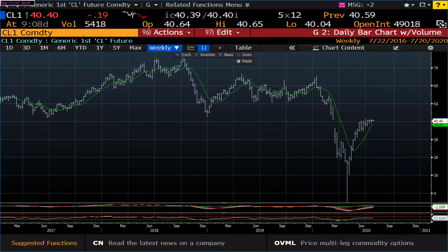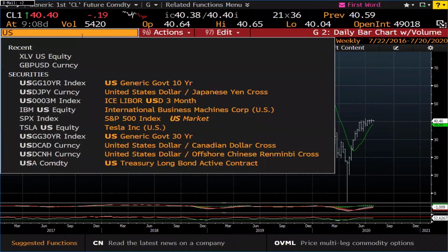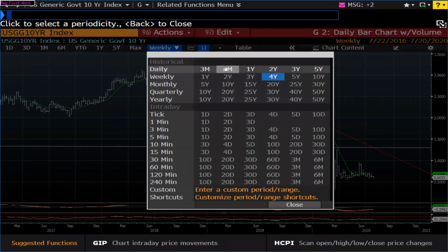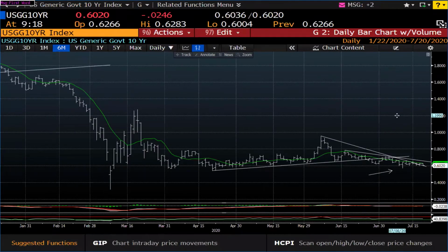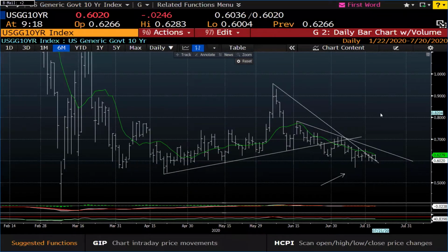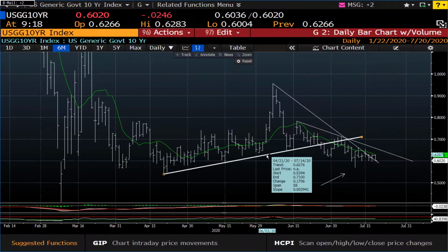Is it possible to have a view on yields here, Mark, with the charts looking like an EKG of someone in a coma? There it is. Yeah, so I'm not all that optimistic yet that yields are bottoming. I still think that we likely are going to pull back and test the lows near 54 bips. It's striking to me that we do have a pretty positive amount of correlation between yields and stocks over the last year. I think the R is like 57 or so,